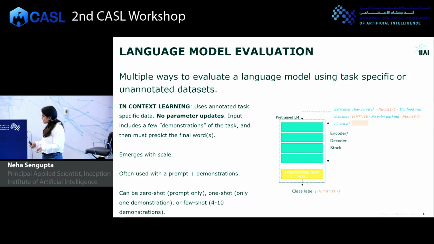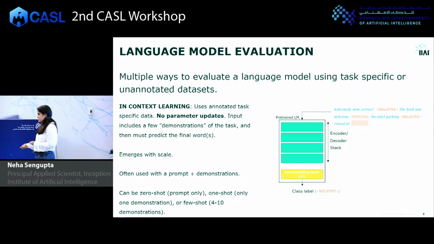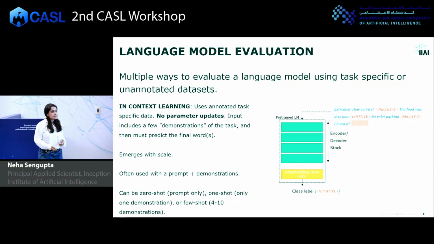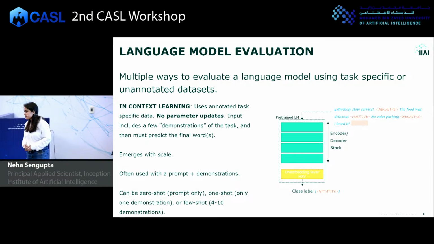Remember, the model has to learn what the task is and predict the answer in a single forward pass, no backward passes at all. So although this is called few shot, it's very different from the way we traditionally understand few shot, because there are no gradient updates happening, right? But the important part is that this kind of performance emerges with scale. For smaller models, you don't see this kind of behavior. The model cannot just learn from a few examples. And for some tasks, very interestingly, the performance of the model with no examples is actually better than if you provided some examples, right? So depending on the task, it may or may not use examples well.